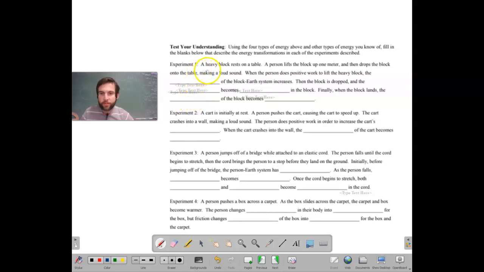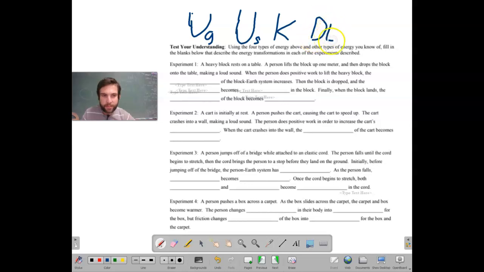All right, so let's test our understanding. The four types of energies that we're going to be talking about here are gravitational potential energy, U sub G, spring potential energy, U sub S, kinetic energy, and I'm going to just use dE for dissipated energies. If a heavy block rests on a table, a person is going to lift the block up 1 meter